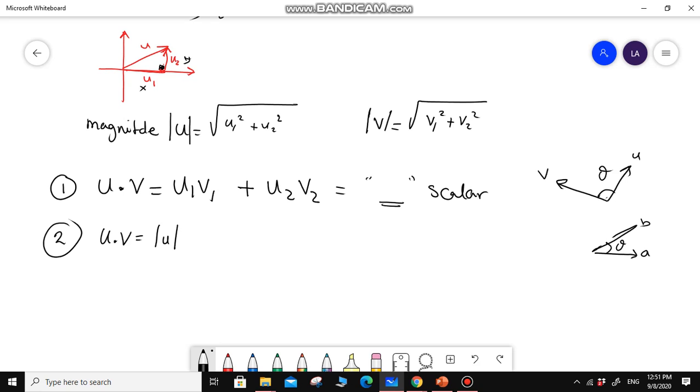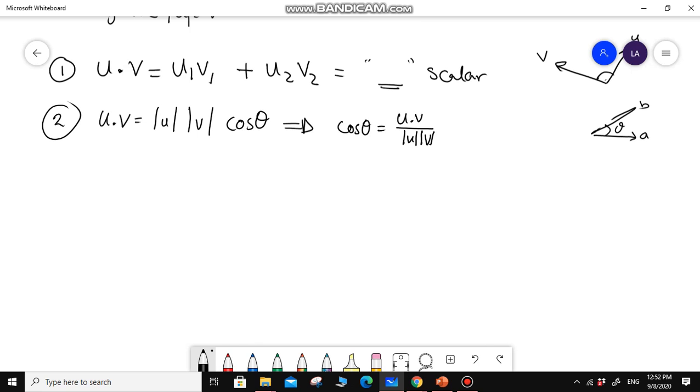It's the absolute value of u, or the magnitude of u, multiplied by the magnitude of v, multiplied by cosine theta. So if you are interested in theta, you can arrange the equation: cosine theta equals u dot v divided by the absolute value of u times the absolute value of v. These are the rules, and as we usually do,